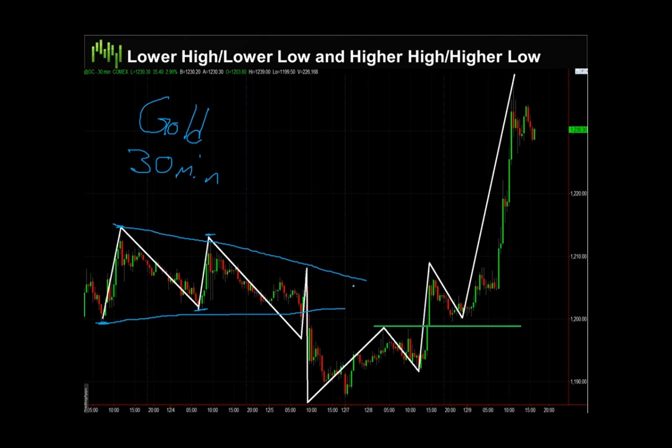Okay? Once you break out, now we put in a lower low, bounce back up, put in a lower high, spike down again, lower low, bounce back up, lower high, higher low. So we have a higher low, we can draw a trend line again. Instead of breaking through the trend line, continuing lower, it breaks up, it puts in a higher high.